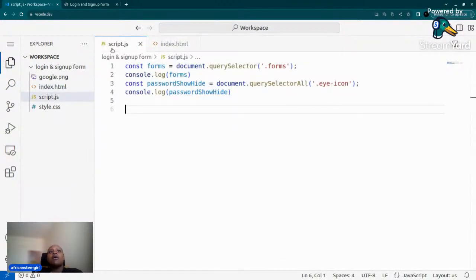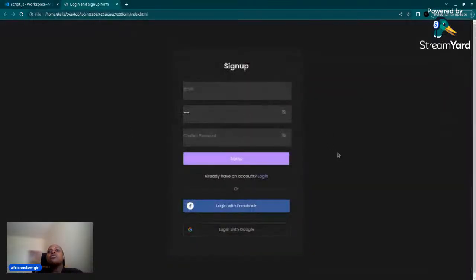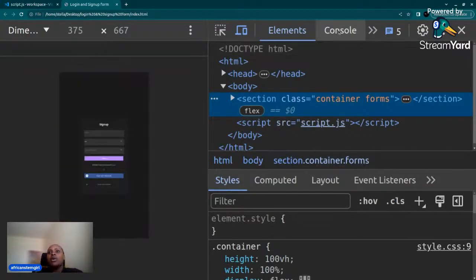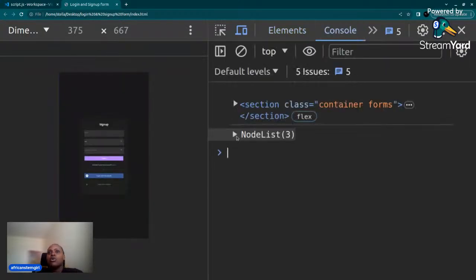Confirm if you've added it. Is it on the JavaScript side or on the CSS? So let us make sure that we can see that password. To be able to see that password, remember I could see a collection of three elements from the I icon class. When I go to the console, it even tells me a node list of three